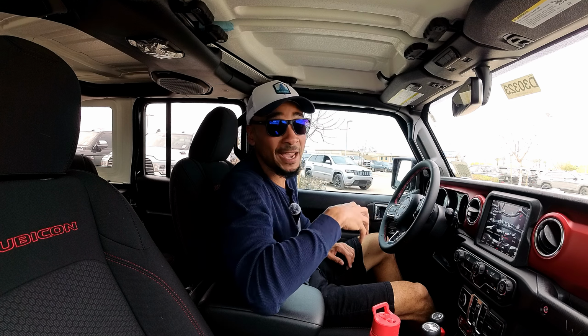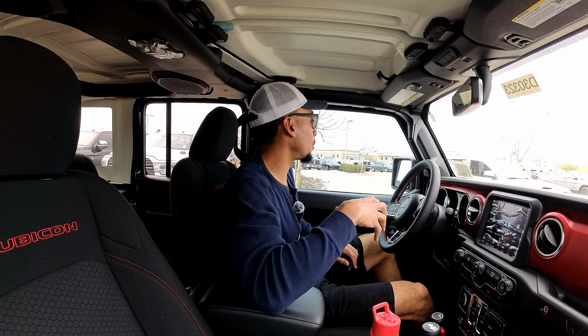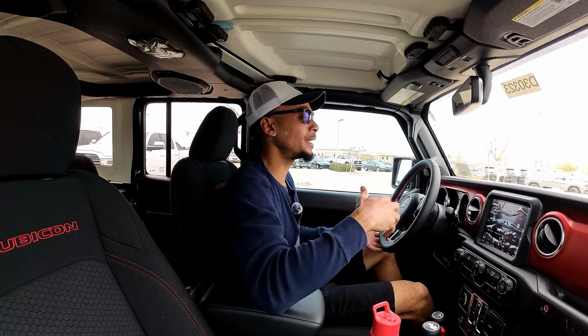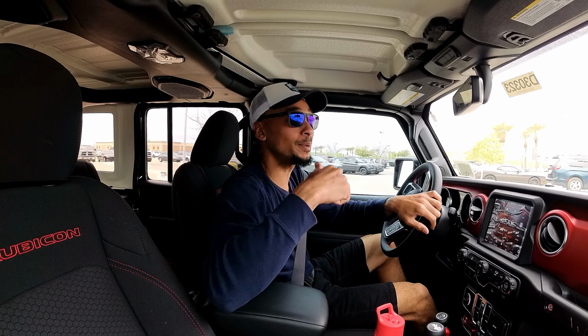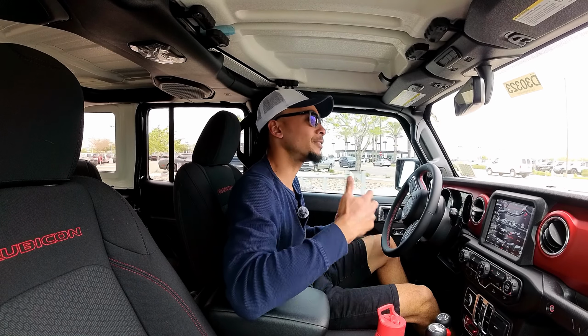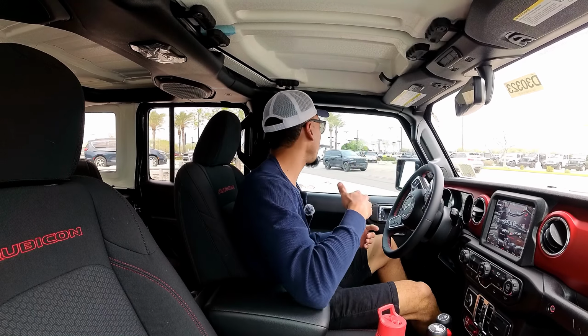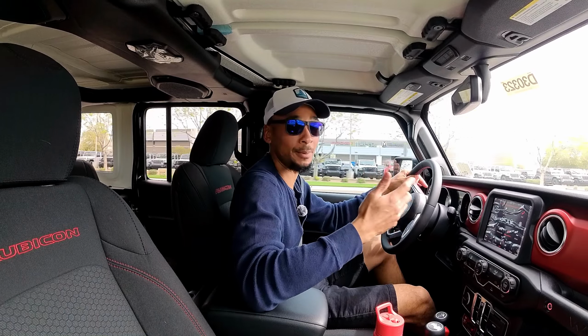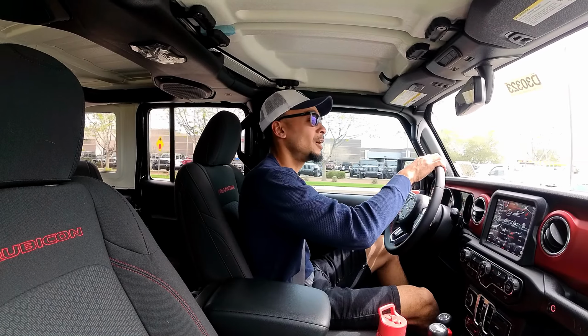This is probably my favorite Jeep Wrangler platform to get, the Jeep Wrangler option with the Eco Diesel. Not the 4xe, which is cool, not the one with the Pentastar. So if I was going to get a Wrangler, it would have to be the Eco Diesel because it's right off the line. It comes with a lot of the things that the regular Jeep Wrangler is missing, that off the line power, because if you're going to be getting the Jeep Wrangler, you're going to be getting it for off-road purposes,